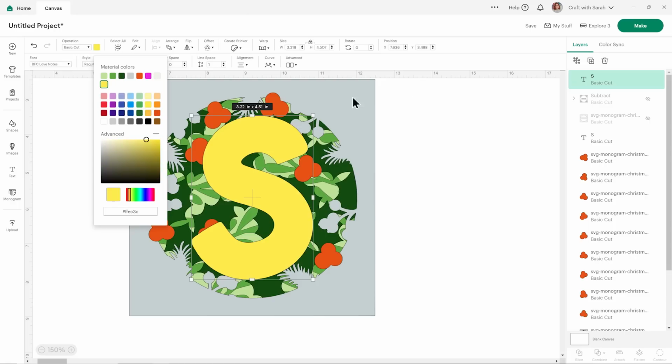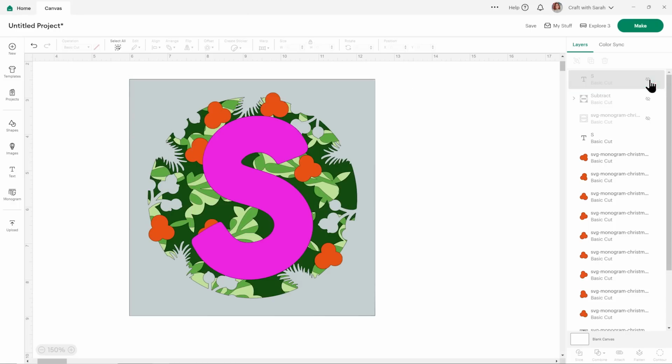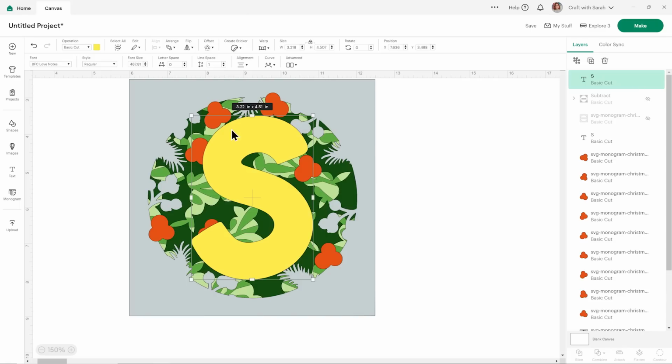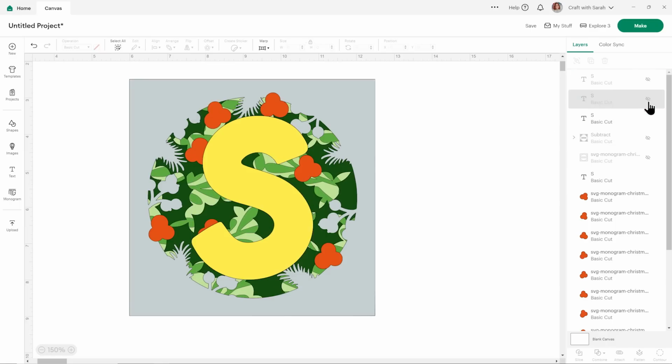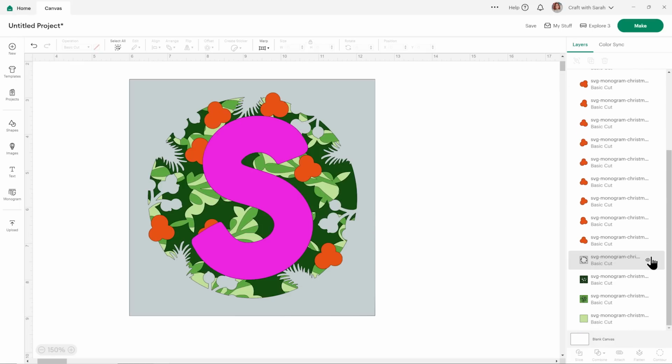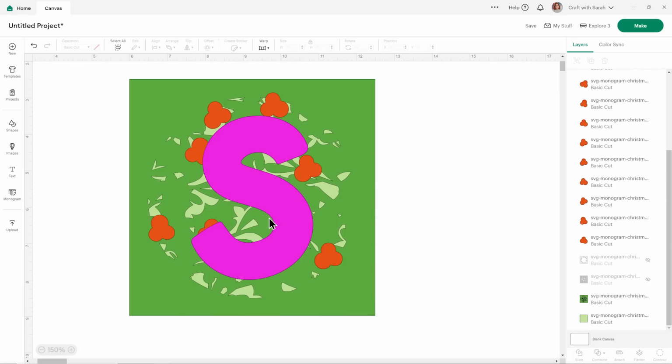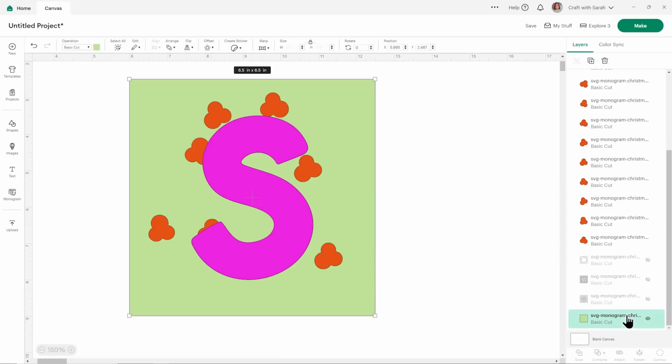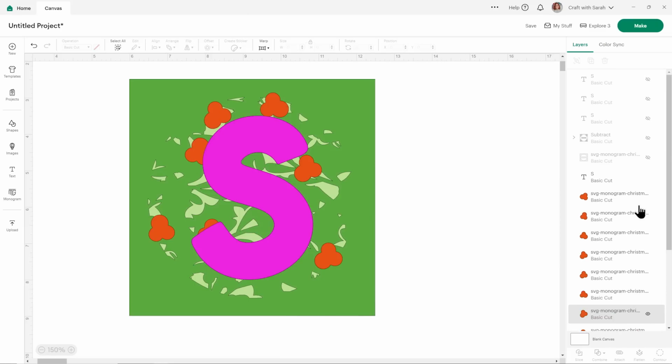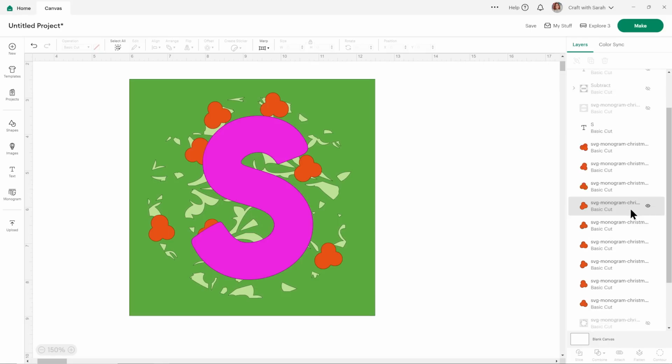You can tell by changing the colour of this top one, and when I hide it, you see I've still got that pink one underneath. We'll need 4 in total for each of our 4 layers, so I'm just going to press Alt again, click once and twice, and now I've got 3 and then 1 there to make 4 in total. Hide those top 3 and also hide them. Actually, I've done 1 too many because I'm not going to need one for the very bottom because that's all filled in green anyway. So I should have only done 3 instead of 4, but that doesn't matter. That's why there is a delete button.